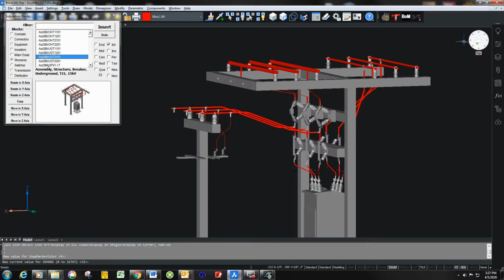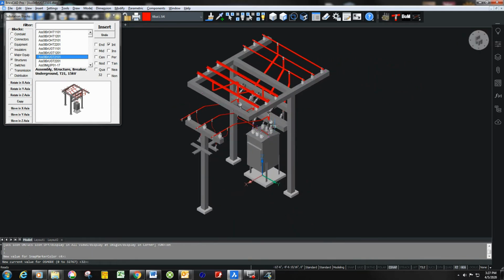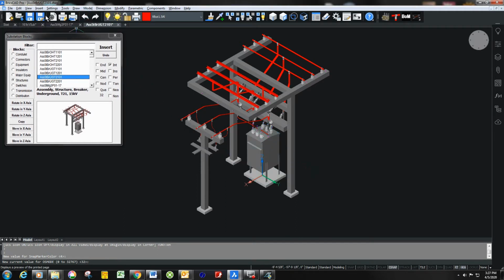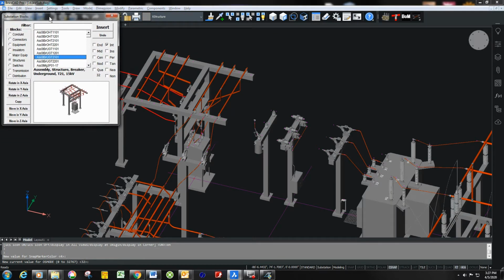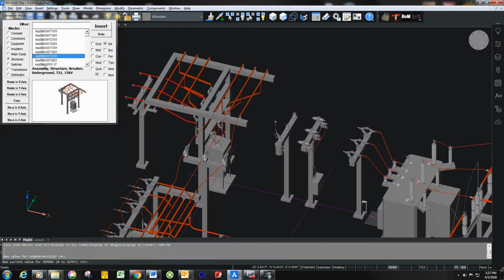So that's the underground exit bus, underground exit bay. And so that's what we're going to be using here, just for a little variety, and to show a few